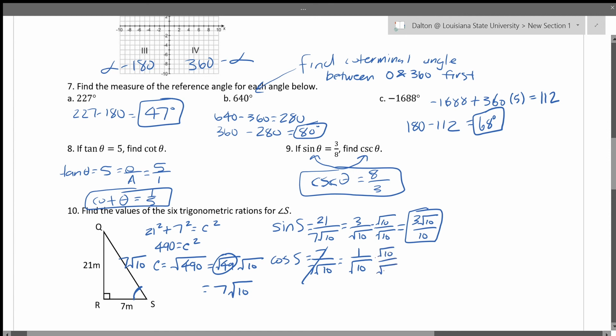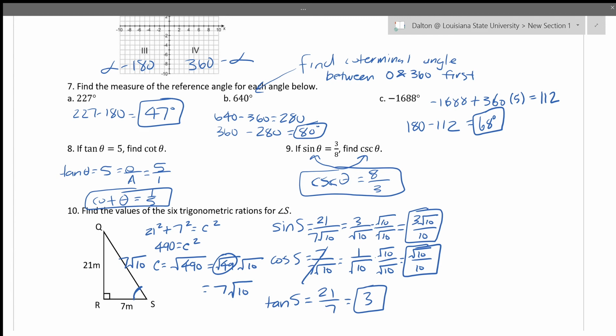So then we're going to rationalize that and you end up with the square root of 10 over 10. Lastly, for the first 3 basic functions, the tangent of S is opposite over adjacent. So it's going to be 21 over 7, which is 3. So those are the first 3. If you can get the first 3, the second 3 are pretty easy as long as you remember that sine